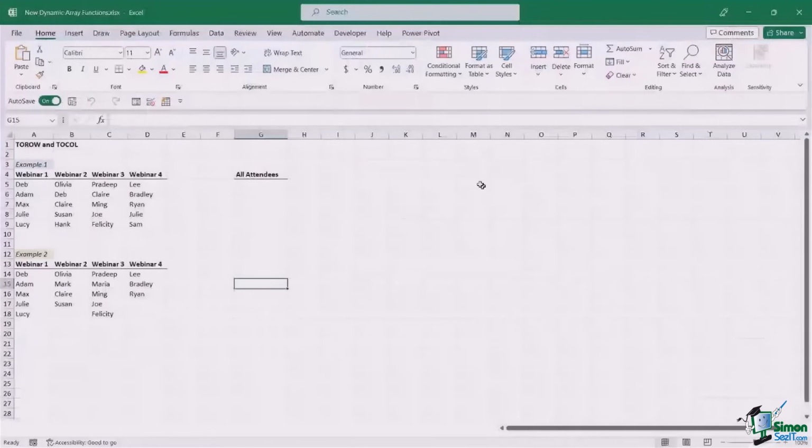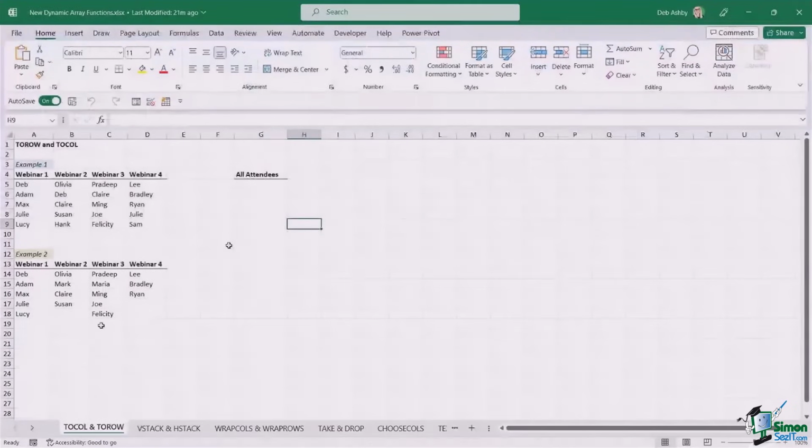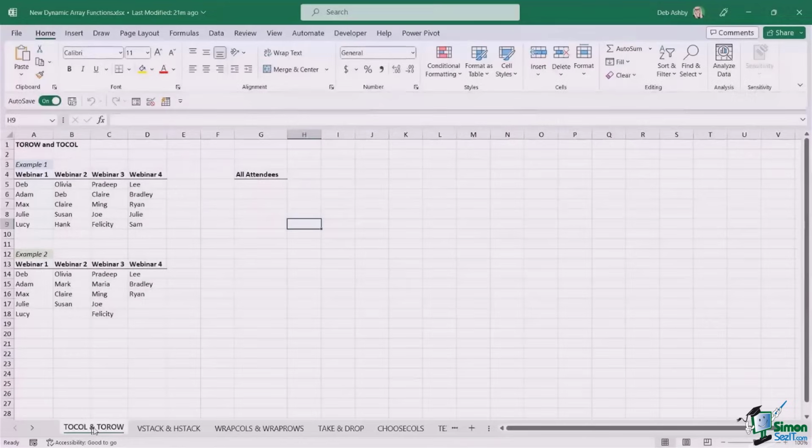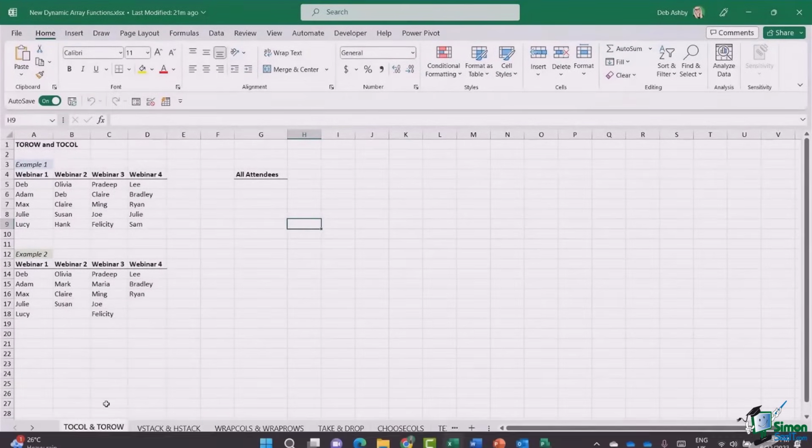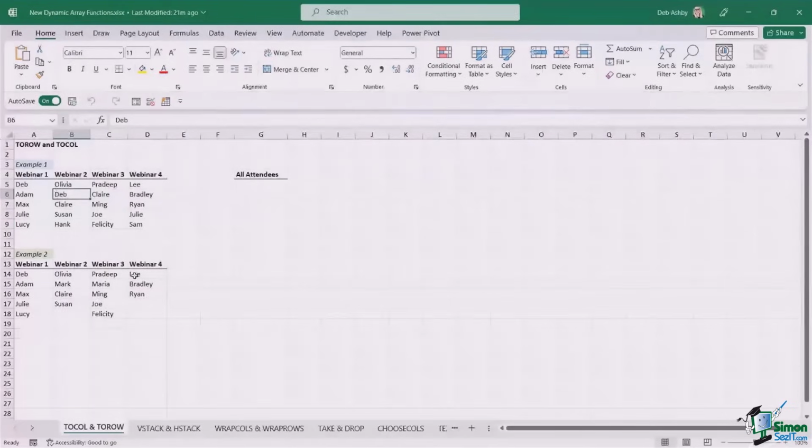And I'm going to do the same. And we're going to start out on the 2-col and 2-row worksheet at the bottom. Now, all of these examples I'm using are very basic examples, but hopefully they're simple enough that they illustrate the point and you can really understand what they're doing. So the first example here, example 1, what I've got here is just 4 columns,